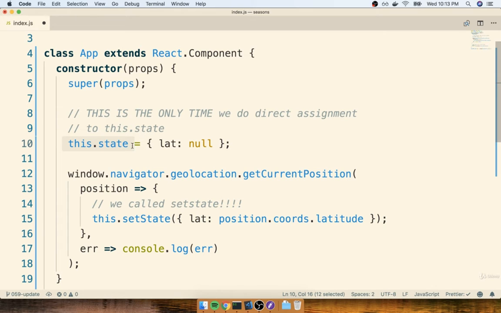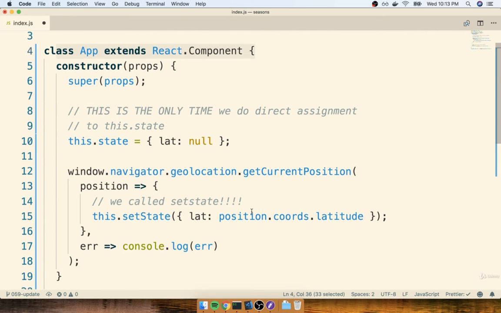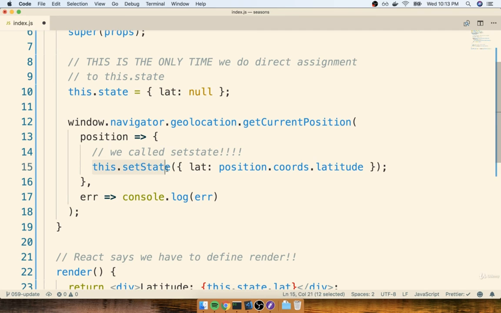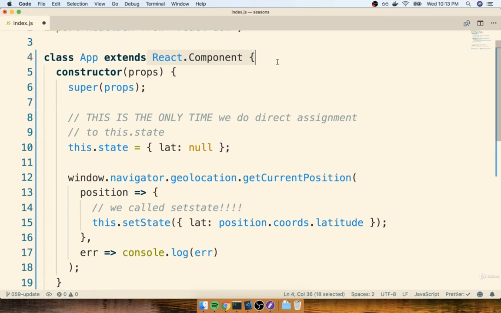As we mentioned in the last section, there are many different very special property names inside of React components. We've already seen that the render function is a very special function. It must be called render and it must return some amount of JSX. We've also seen that there is a this.setState function, which is built into our component automatically by subclassing React.Component as well. And finally, this.state is a very important and very specially named property too. If we had assigned this object right here to like myState, or something like that, this would not have worked the way we had intended. If we want to use state, we have to assign it to the state property like so.